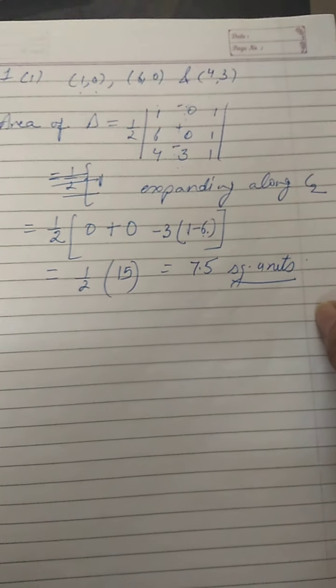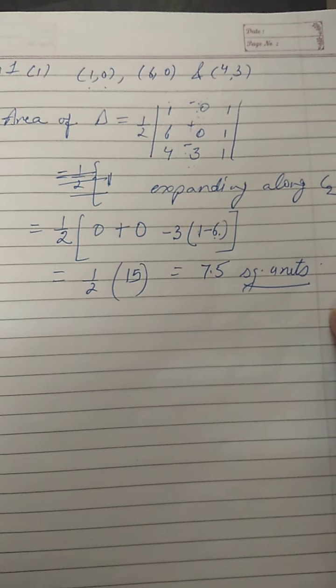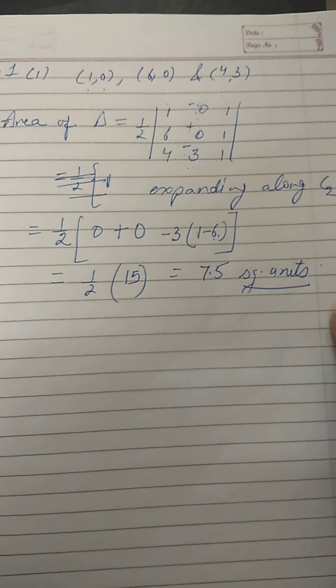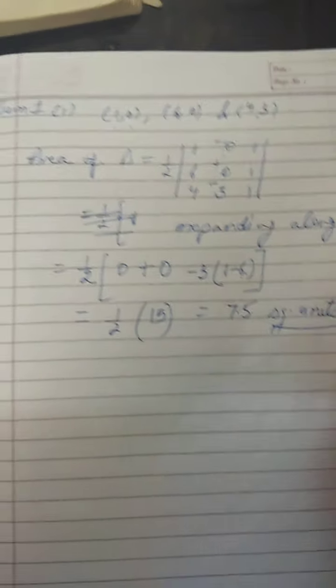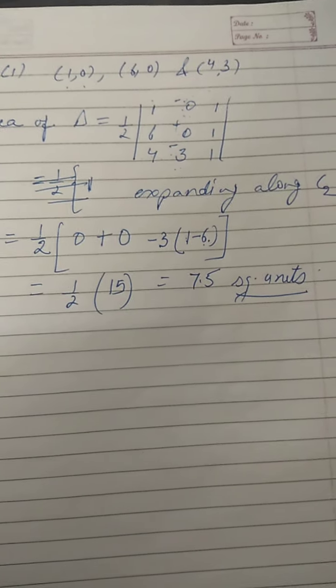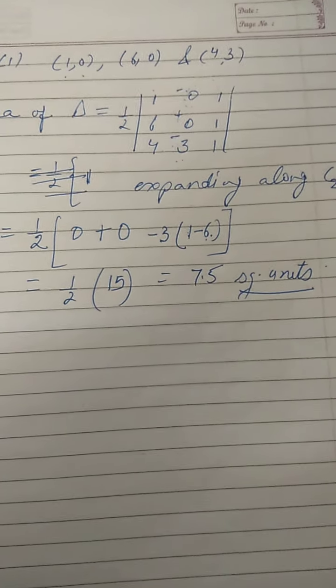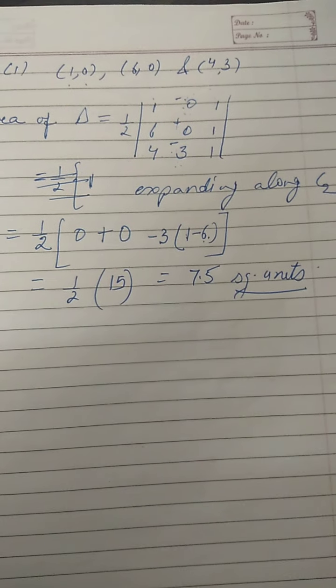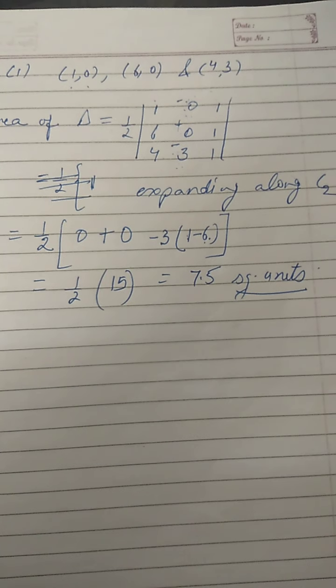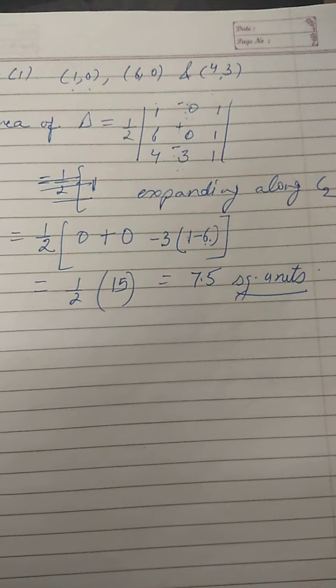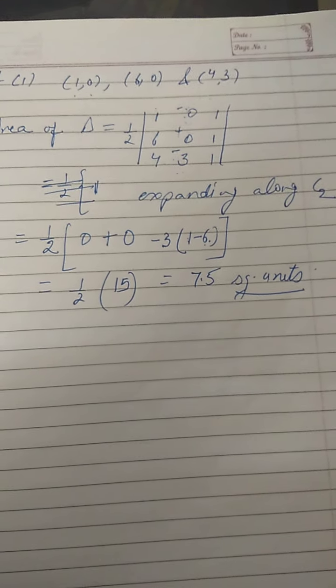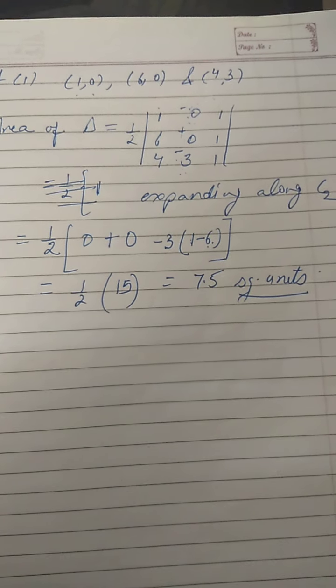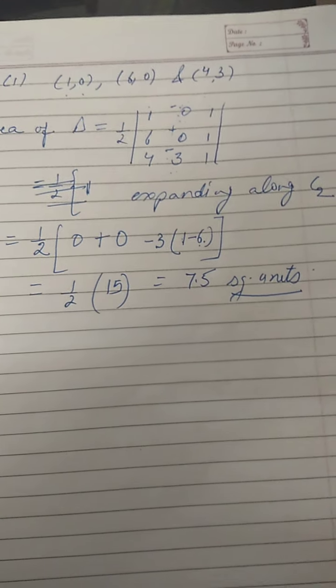I hope the sum is clear, how we are doing it. Similarly, you people can do the second part and third part, as well as sum number 2, where you have to show the points are collinear, right? The next topic, how we find the value of k if an unknown k is given and the area is given, we will discuss in the next video, right? Thank you, class.